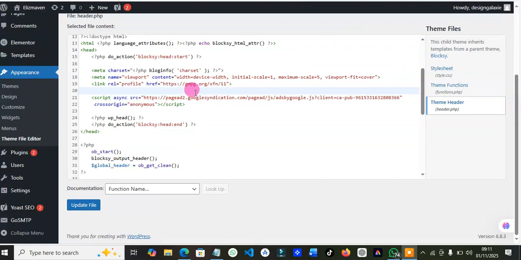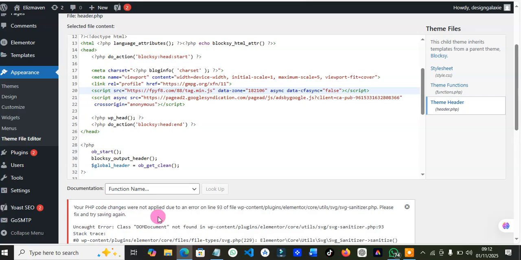All right, for some reason I need to edit my theme header and add some scripts to my header. But each time I try to save the changes, I keep having an error, just like you see on screen. This is my script. I click on update file, and it keeps on giving me this error and this error